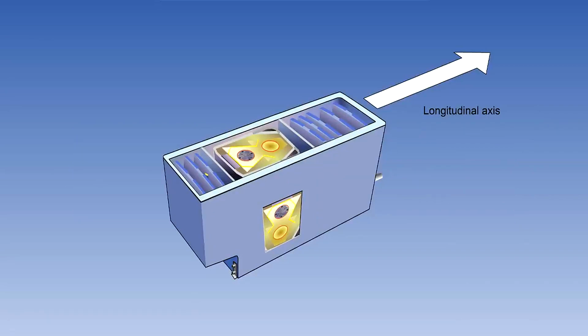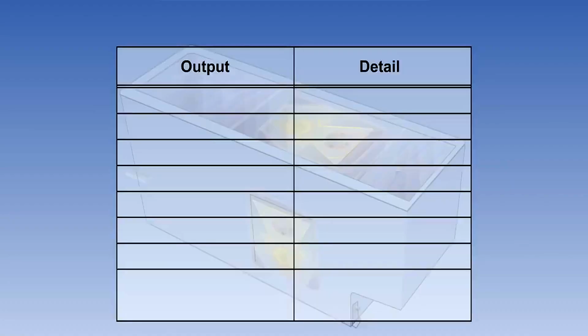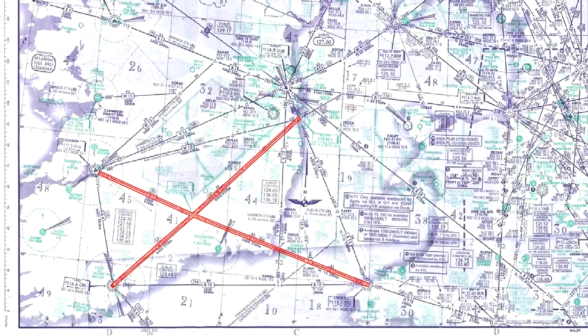Let's look at the outputs of an IRS and see how they compare with the traditional INS. This is an inertial reference unit. It provides the outputs for the aircraft's avionics. Firstly, it gives primary pitch and roll attitude. That was also provided by the INS. It gives both true and magnetic heading. We are already familiar with the idea that inertial systems operate in true, because they align themselves by detecting Earth's spin. The INS gave us true heading.